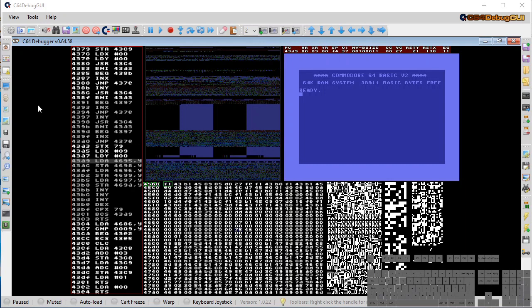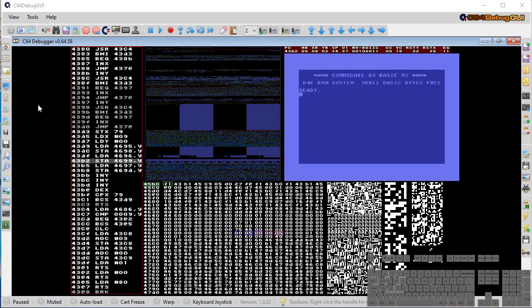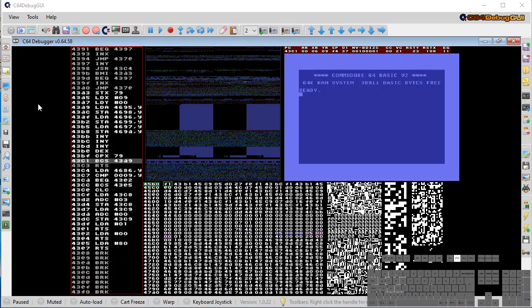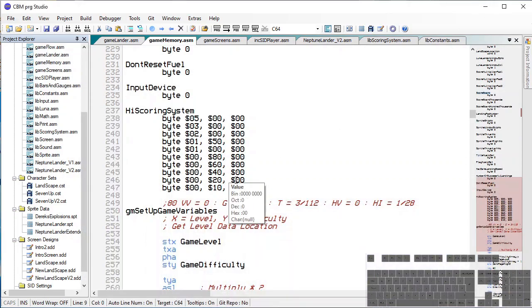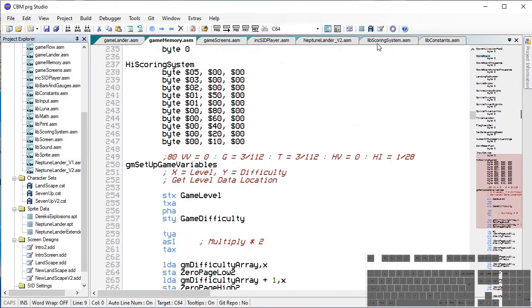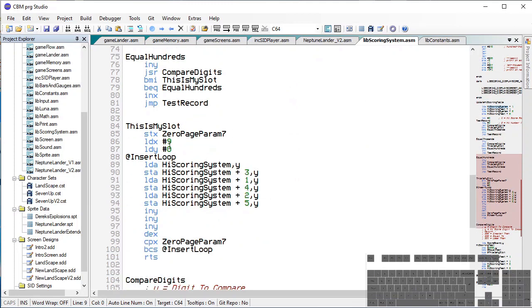Okay, let's see if it shuffles everything down. No. Didn't think it was going to work. Got it the wrong way round. Got it the wrong way around. We need to